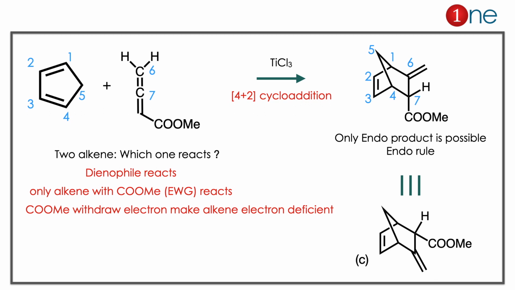So you have new 1,6 and 4,7 bond formation and COMe there. But again the question, COMe will be exo or endo. Here only endo product is possible as per the endo rule. Because endo rule suggests that even though it is a kinetic product, endo product is stable there. So the answer is clearly C there. Here you have to learn 2 important things. You have to always choose the dienophile, meaning the alkene attached with electron withdrawing group reacts, you have the product formation. Then endo rule. During the cycloaddition, endo product is favored. That is called endo rule.